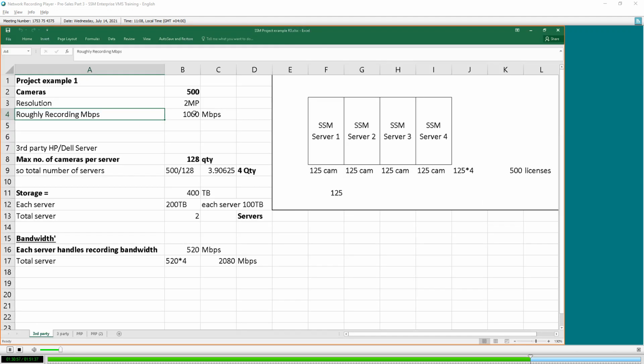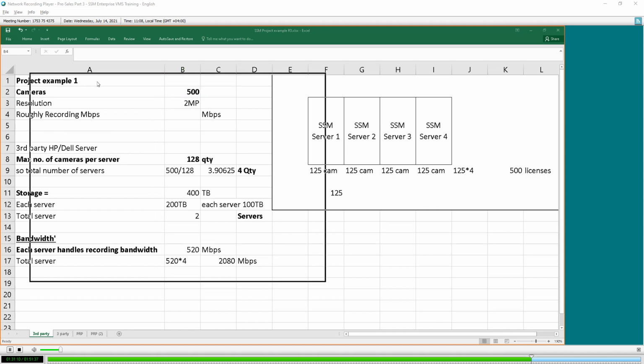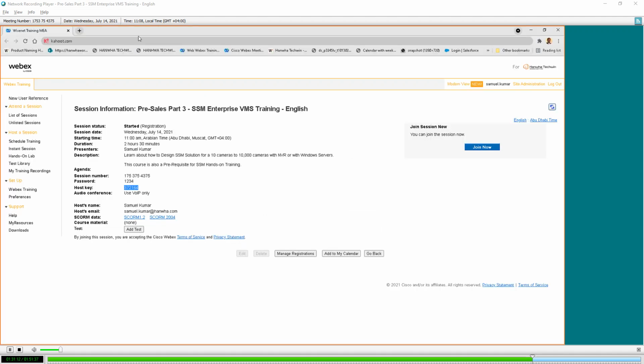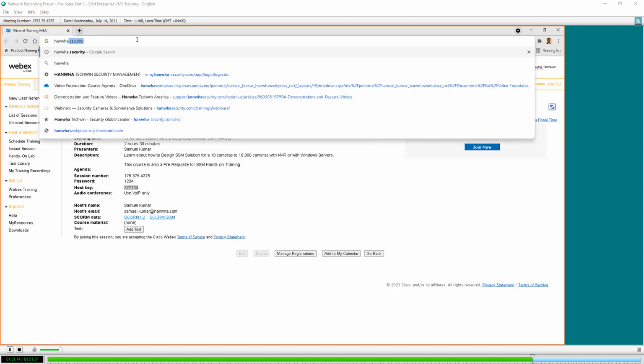Okay. Now let's take a project, 500 cameras, 2 megapixel. What is the bandwidth? You have to take it from Device Manager or Toolbox. And you go to hanwha-security.com.